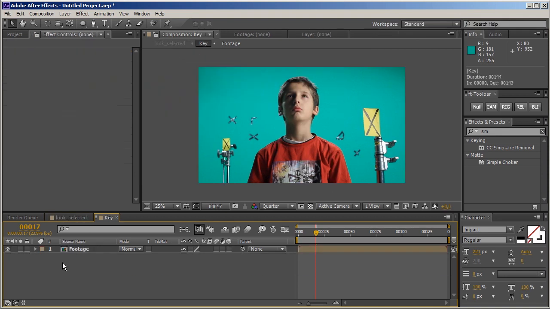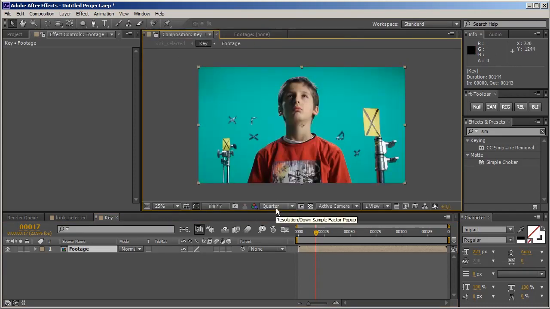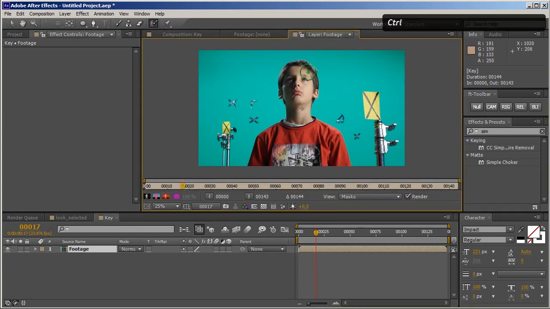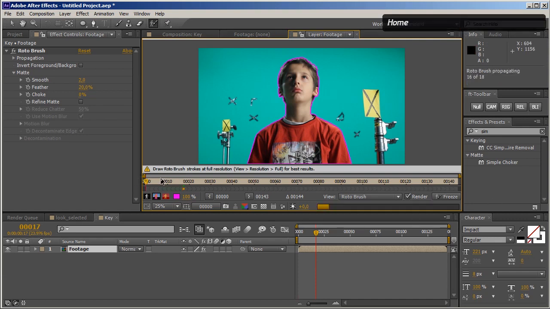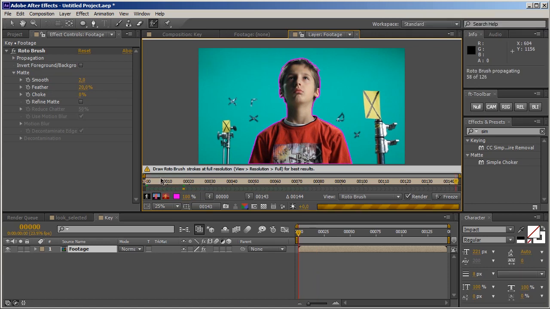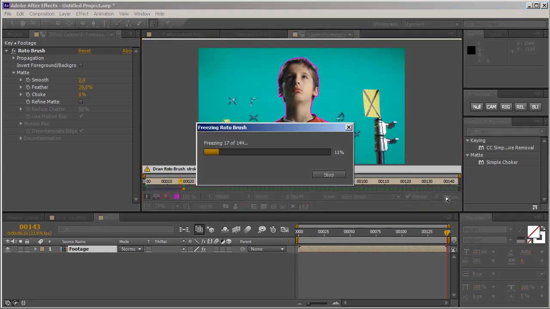And now I'm gonna go inside the key composition and again use the roto brush tool. And of course I'm gonna drop the quality down to quarter. Okay, it's already set to quarter, that's good. So I'm just gonna double click it and really quickly draw an outline, and I think that's gonna be just fine. I can get rid of this area in here. And yep, I think that's gonna be just fine. So I'm gonna move to the beginning of the composition and to the end of the composition, let the roto brush do its thing. And now that we're done, I'm gonna freeze the solution